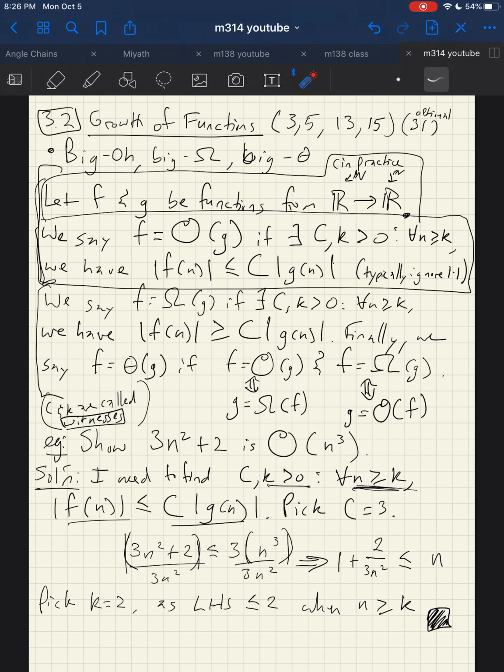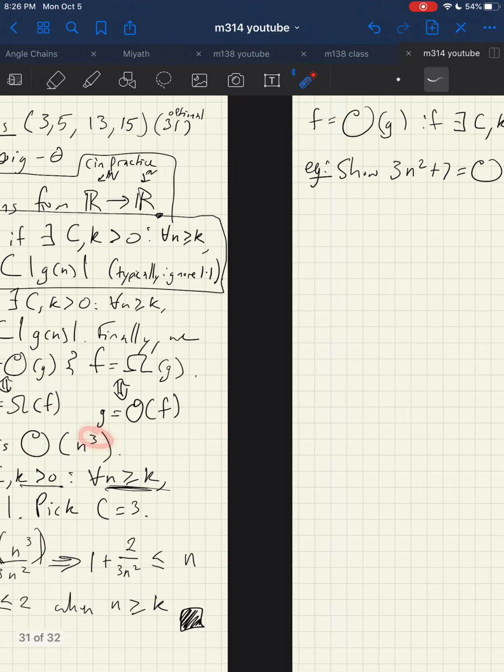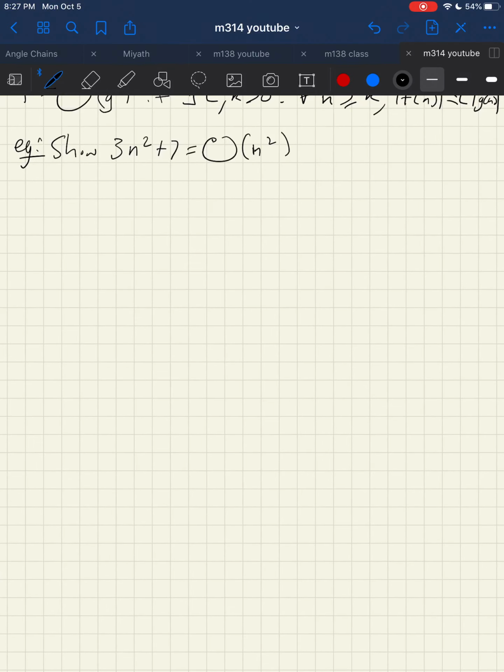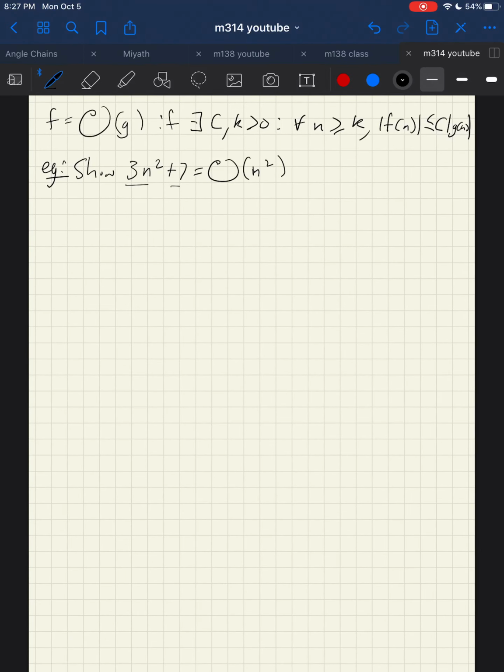And that worked, or one of the reasons it worked, is because we had something times n squared, which we were showing was big O of n cubed, and this is strictly less than this. However, here, the degrees match. And if you watch some other videos or look some things up, you'll see that there are lots of little tricks. But one of the little tricks that I like to do is just to add up all the coefficients